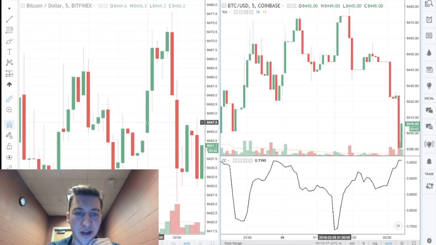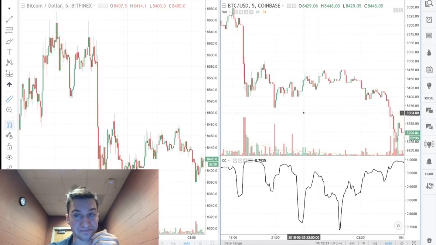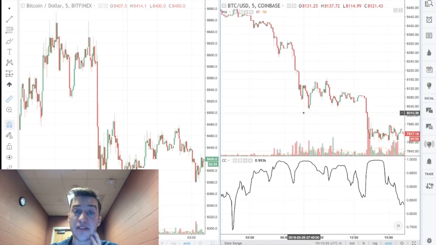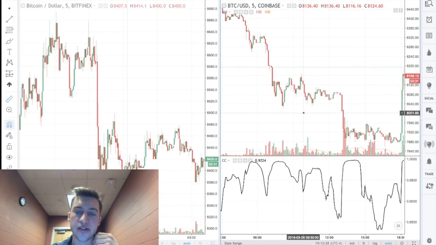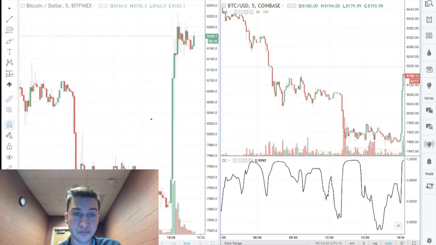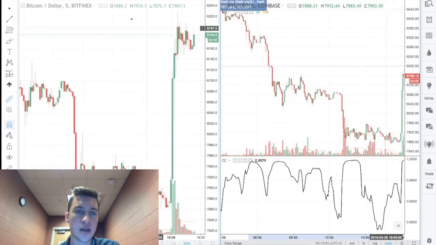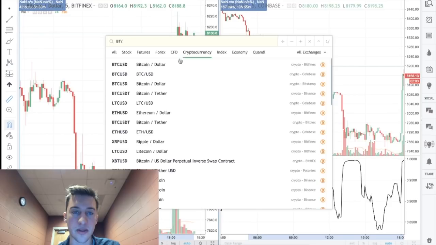So the Bitfinex rate had already gone up, Coinbase rate had not, and that'd be the place to do it. Again, purely trading arbitrage might be tough. You might want to combine this with technical analysis or sentiment or fundamentals, because you're going to want some price context of what exactly is happening and if the arbitrage opportunity is good enough. Again, this is just a strategy that you can use. It's a little bit different than most strategies that I've covered, and that I think the YouTube creators are going to talk about. So I just wanted to show you guys another way you can trade using correlation coefficients, and also looking at one rate divided by the other.